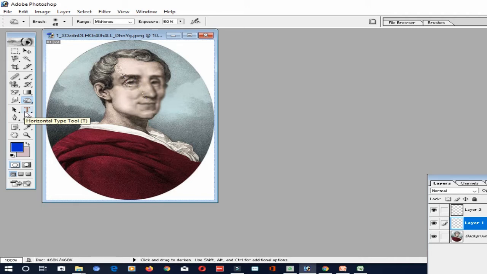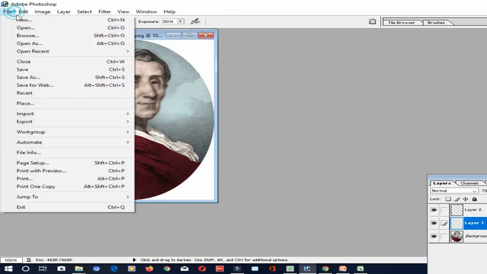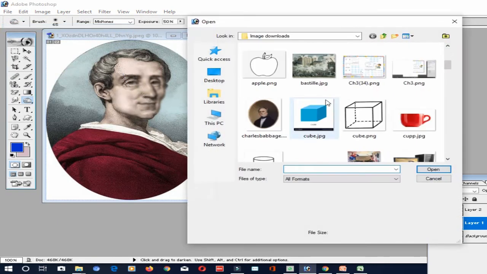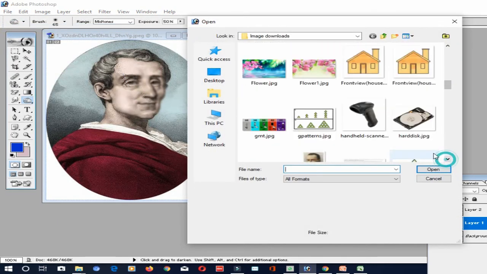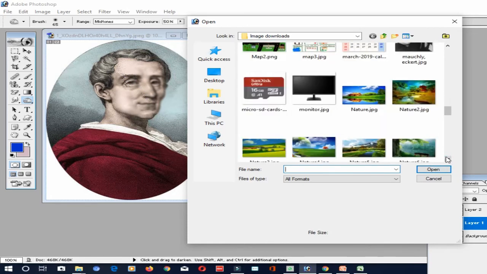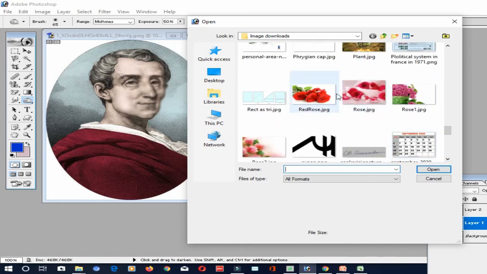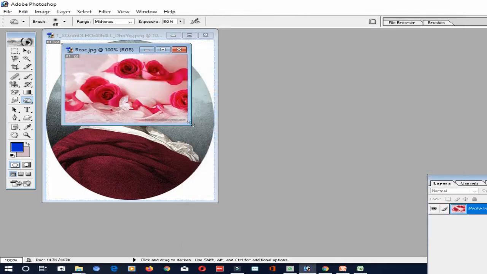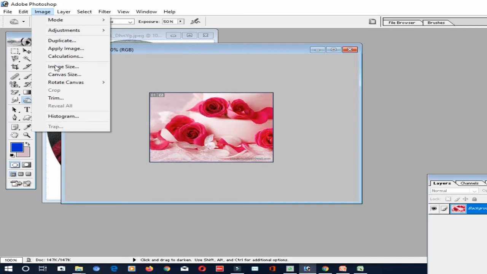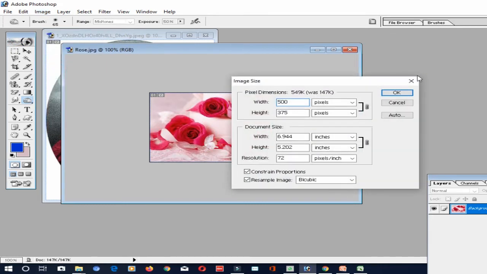It is fun and easy to add text to an image using Photoshop. You can use it to make postcards, or to create an advertisement for your website, or to give an advertisement to your local newspaper. So we can use this text tool and add text to your image. For example, I am opening an image. You can open any of the images. If you want to change the size, go to the image menu, image size, change the size of the image and click OK.